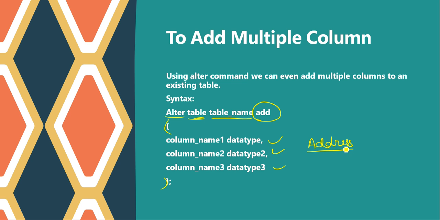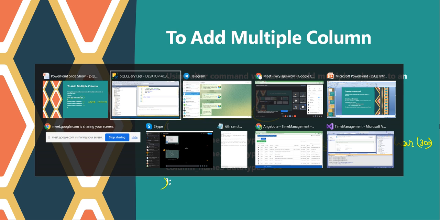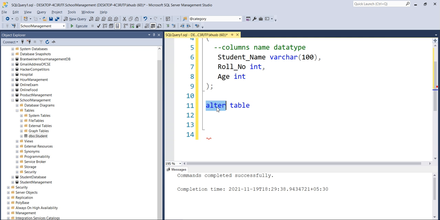So you need to specify the name of the column and then again the data type of the column. So it is going to add one more column to our student table. So we want to alter what? Alter a table, and we need to specify the name of the table, student. And what I want to do, I want to add one more column. So I will write add,